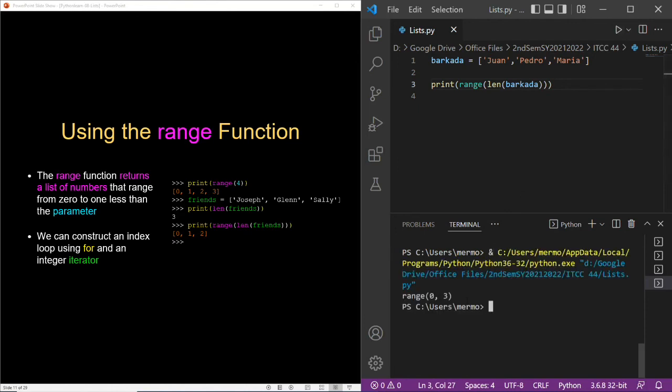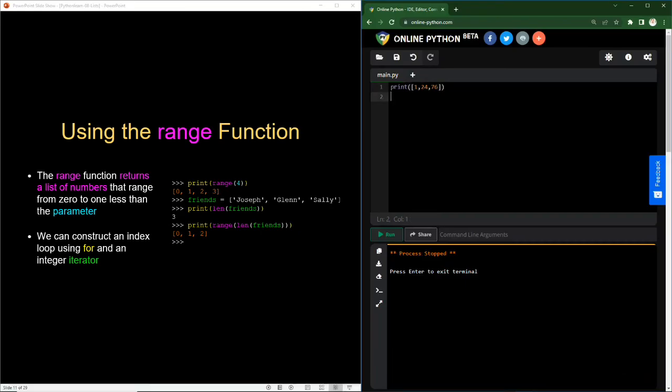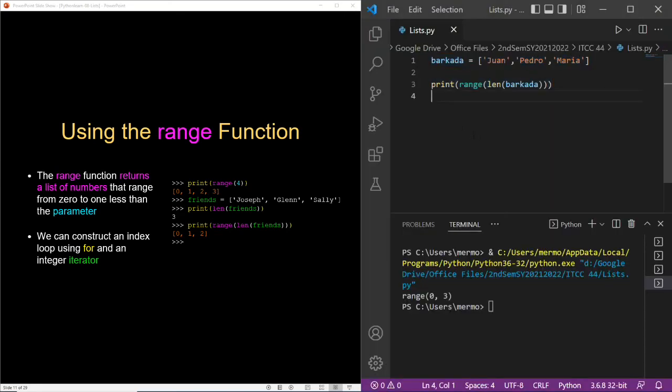So 0 to 3. But let's try putting that here to see if it's the same output. Okay, so the same. So this is definitely a wrong output of this code here. Just keep that in mind. So what happened here is 0 to 3, but remember the actual values would be, if we assign this